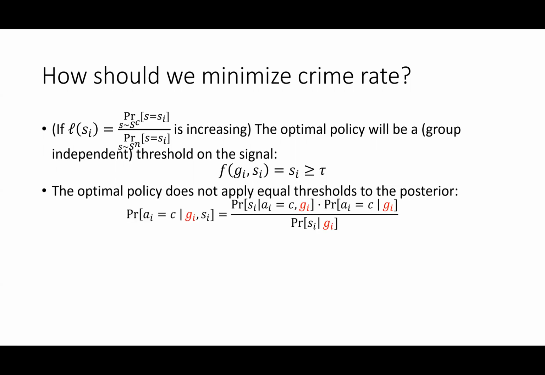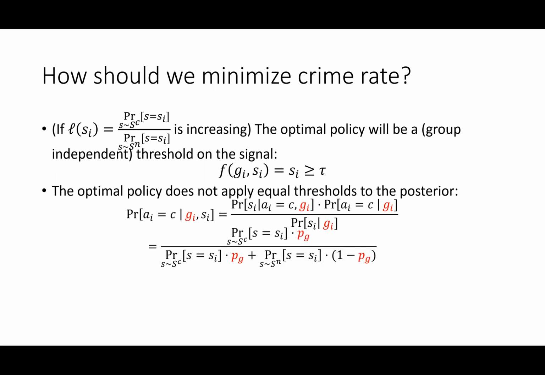But that will not correspond to applying some equal threshold to the posterior. Right? Applying an equal threshold to the signal will typically correspond to applying a group-dependent threshold to your posterior probability of crime. And again, this follows by Bayes' rule. If I look at the probability that you've committed a crime conditioned on your group and the signal, that's just the probability of the signal conditioned on the fact that you've committed a crime and your group, times the probability that you've committed a crime given your group, divided by the probability of the signal given your group. And we can write out all of these quantities and observe that